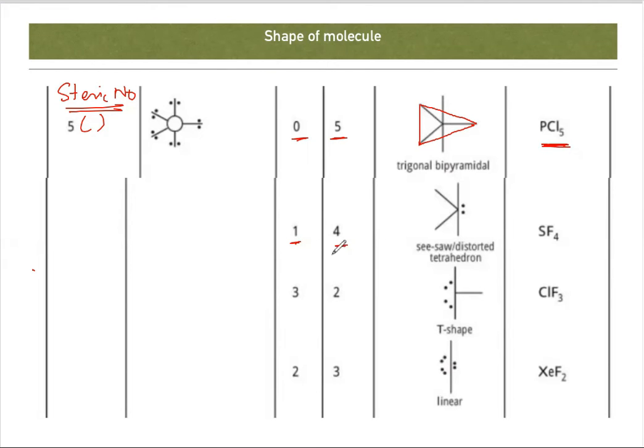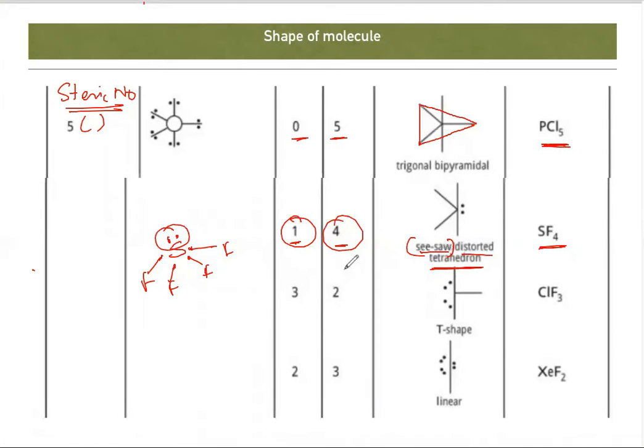Increase the number of lone pair to 1 and the sigma bond is 4. Total is 5. So 1 lone pair, 4 bond pair. So what is the shape? Shape is seesaw or distorted tetrahedron. Okay, you just remember this seesaw. Seesaw is SF4. How do you know it's seesaw? Again, same. Sulfur has 6 electrons in its outermost shell and 4 fluorine will form a bond with the sulfur and 1 electron pair left, 4 sigma and 1 lone pair.